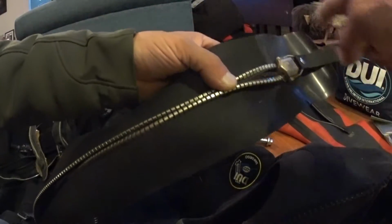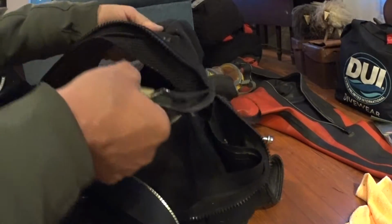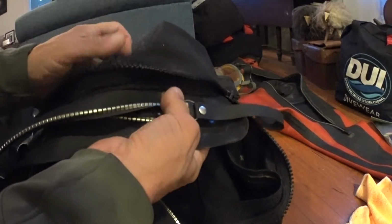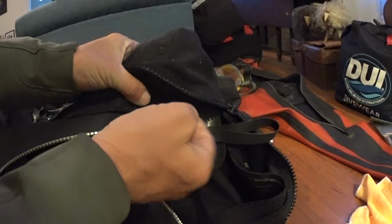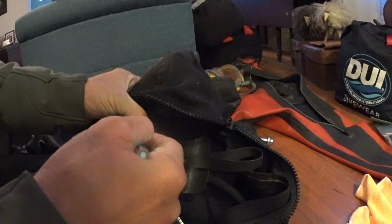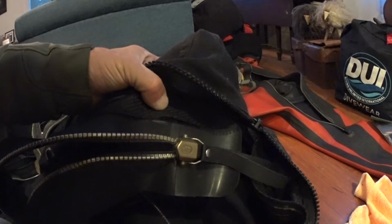So once you've measured that entire thing, and you can, again, get a marking pencil and just draw on this. So once you've drawn on it, you're going to take your suit and you're going to try to lay it flat on the ground. And I'm doing this for the camera, so like I said, I'm just telling you what to do, and this should at least help get you pointed in the right direction. You're going to use your marks, and I'm just going to mark this right now just to pretend that we've measured it. You're going to use that mark, and there it is. Okay, so we're lined up,